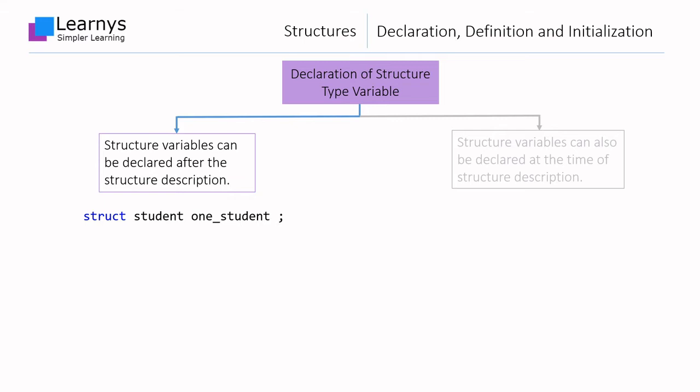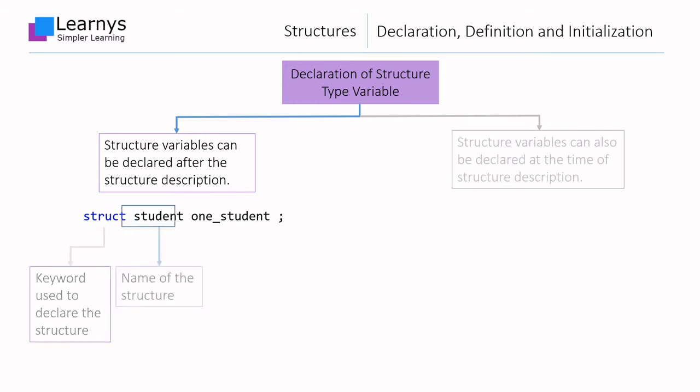If we want to declare a variable of type student, we need to qualify the declaration with the struct keyword. In this statement, the keyword struct indicates the upcoming declaration pertains to a user-defined structure type. It is followed by the name of the user-defined data type, which is student in our case. The identifier oneStudent plays the same role as user identifiers do.